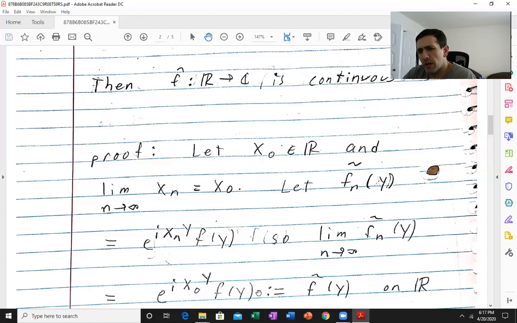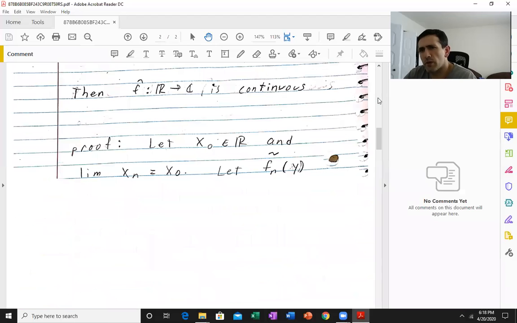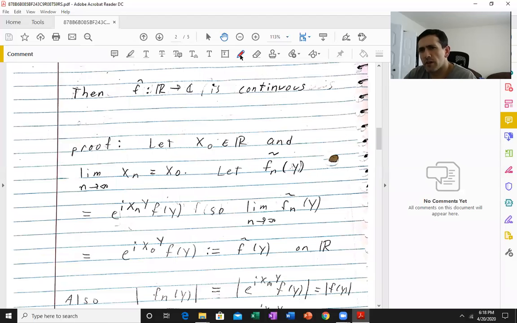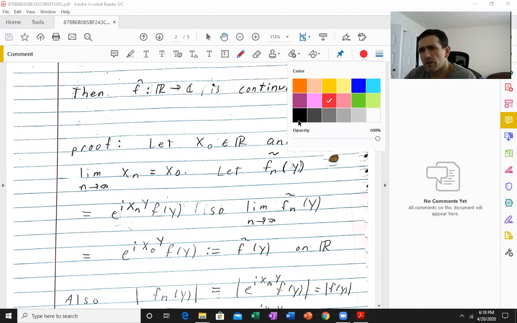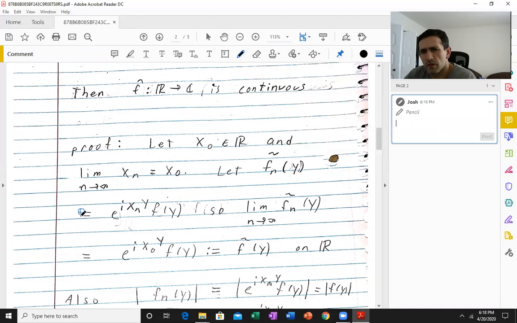So let's define this as f tilde of y. I guess I could have put double dots here because I'm really defining f_n tilde of y to be this here. So yeah, let me do that. Anyway,